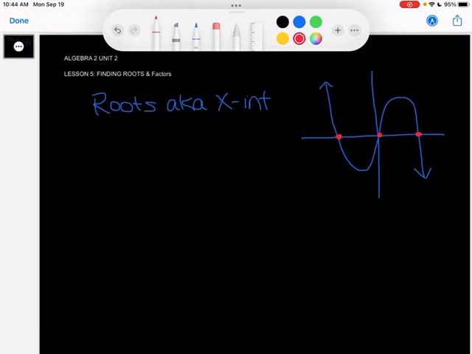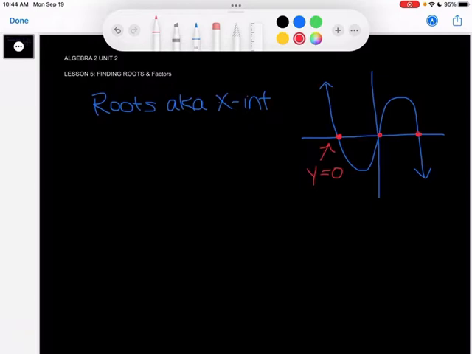Now sometimes you can have imaginary roots, which actually means it's not crossing the x-axis, but we'll talk about that later. But notice where it crosses the x-axis at the roots, y equals 0. So we'll come back to that in a minute. But again, a root is just an x-intercept. So let's say that